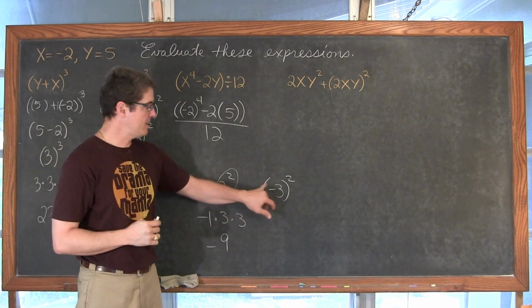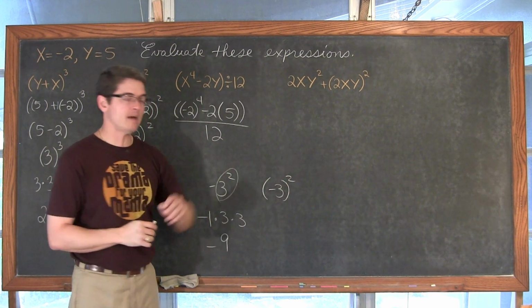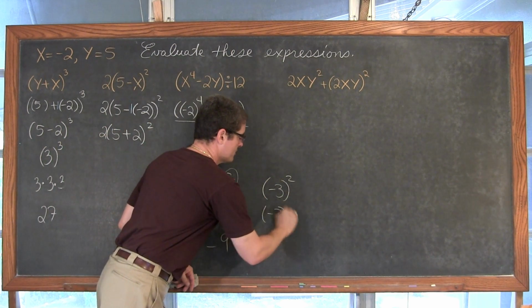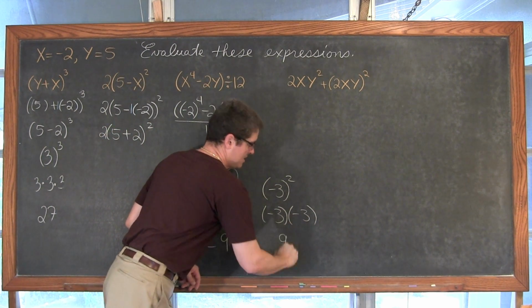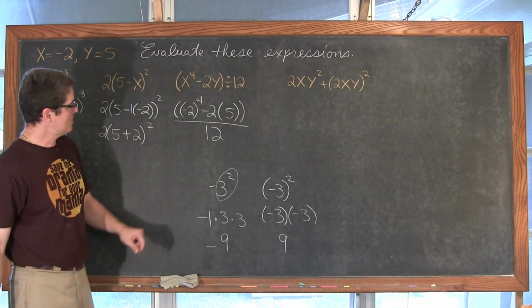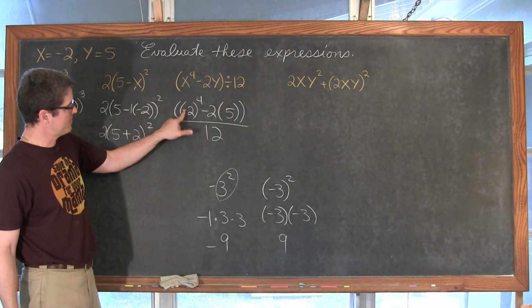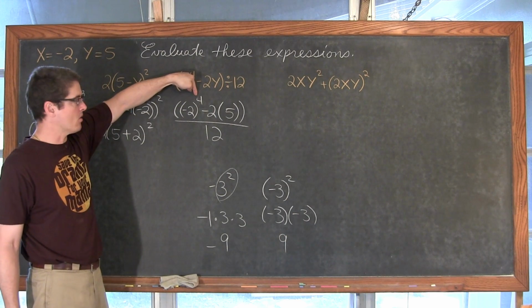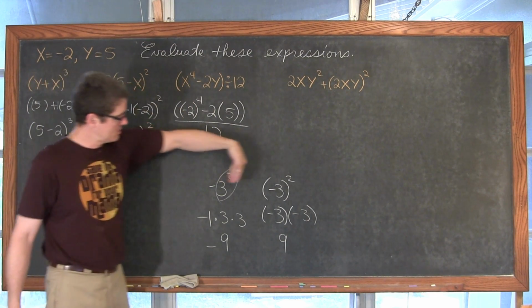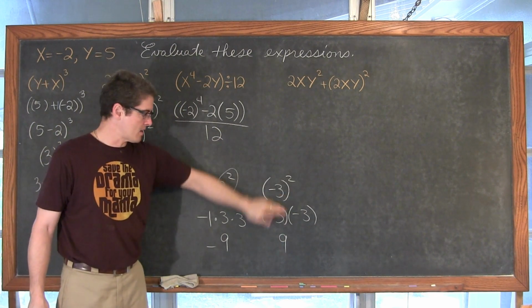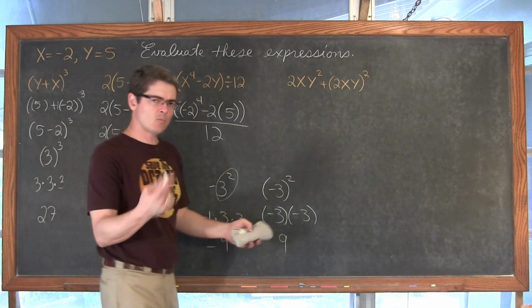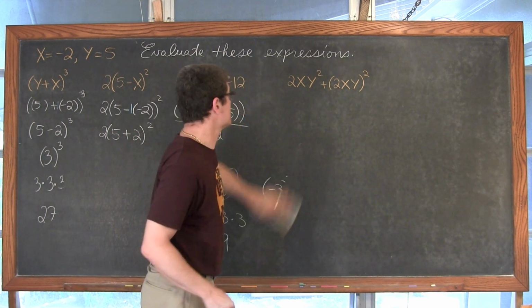If I put the negative inside the parentheses and then have the exponent of 2, negative 3 squared is negative 3 times negative 3, which is equal to positive 9. So this negative is inside the parentheses that has the even power on it, and if you don't watch your notation correctly, you're going to have, again, a sign error in your final answer or somewhere along your work and get your final answer incorrect.